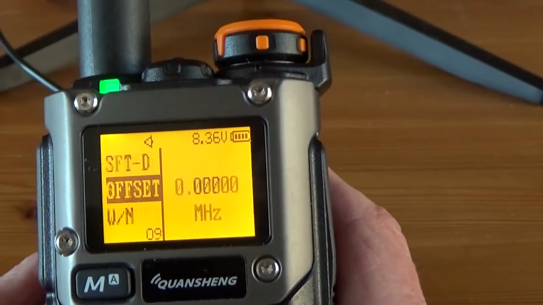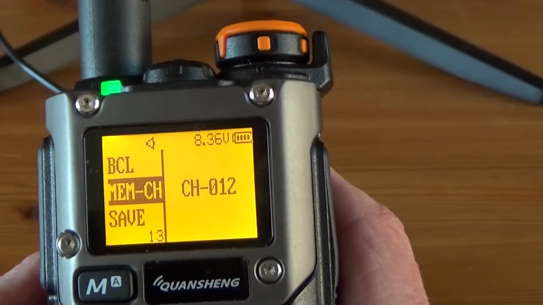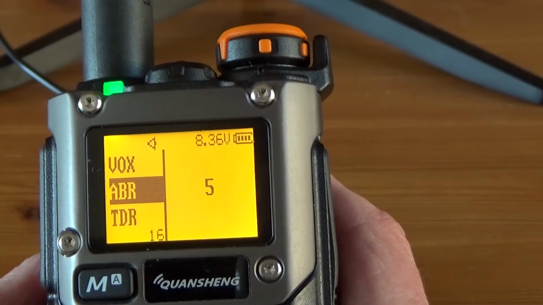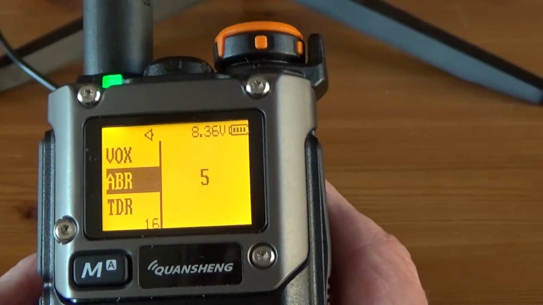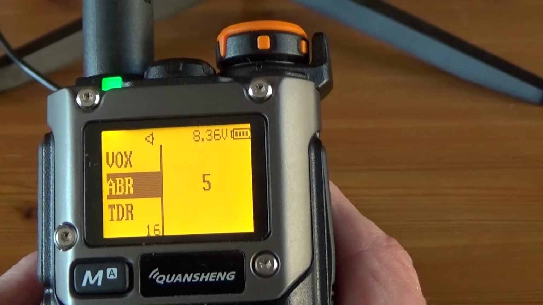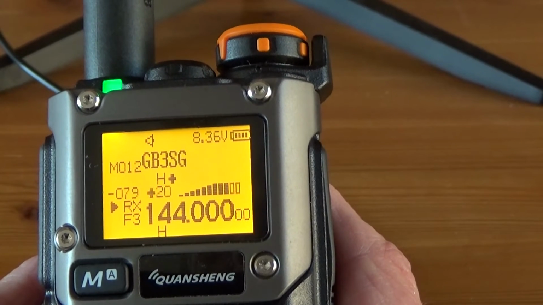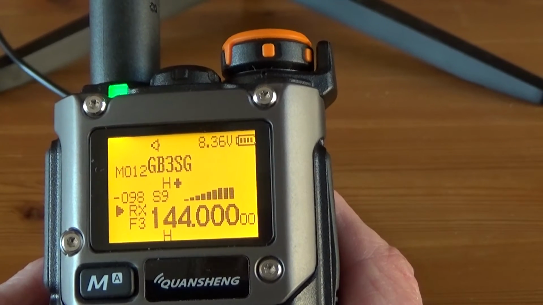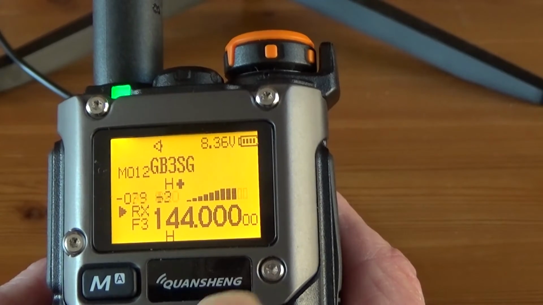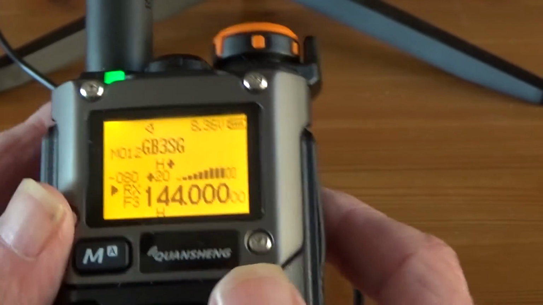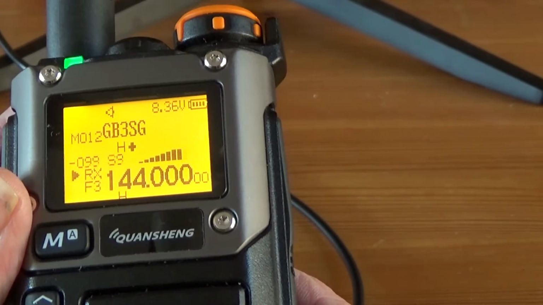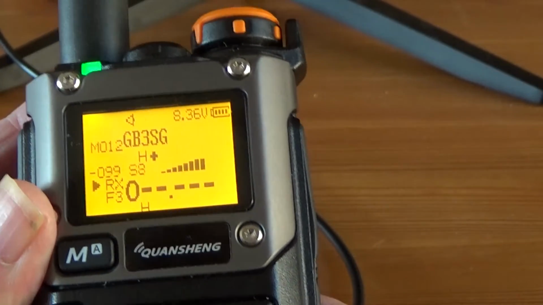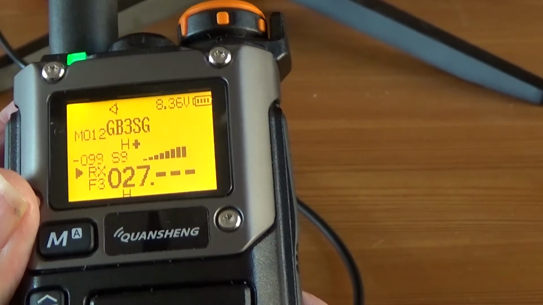I go to display setting. That's on 5. So I think it should be on for 10 seconds because I enabled it to be times 2 that number. So I think it stays on for 10 seconds now, which is more reasonable. And of course now we can go and change it on the VFO. This is go right down to 27,000